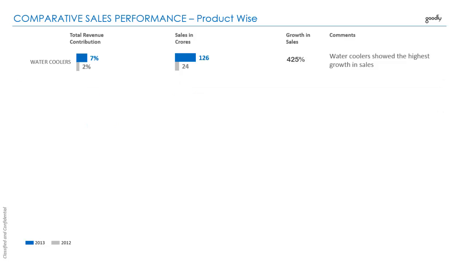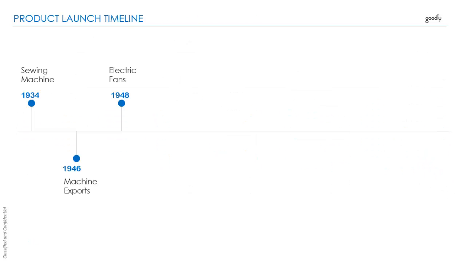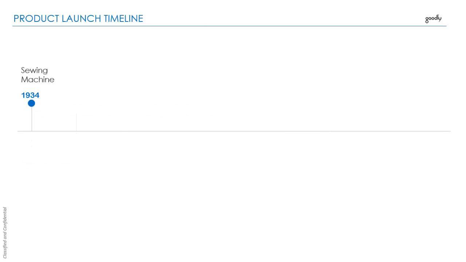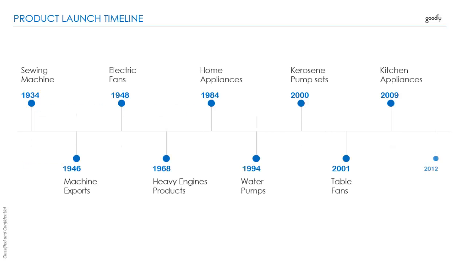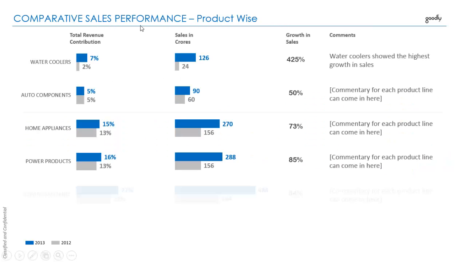So there are two parts of the presentation. The first part talks about sales. There are 3 slides in sales. One is the product launch timeline, the other one is year-on-year sales, and then we have the comparative sales performance product-wise. So 3 slides in the sales